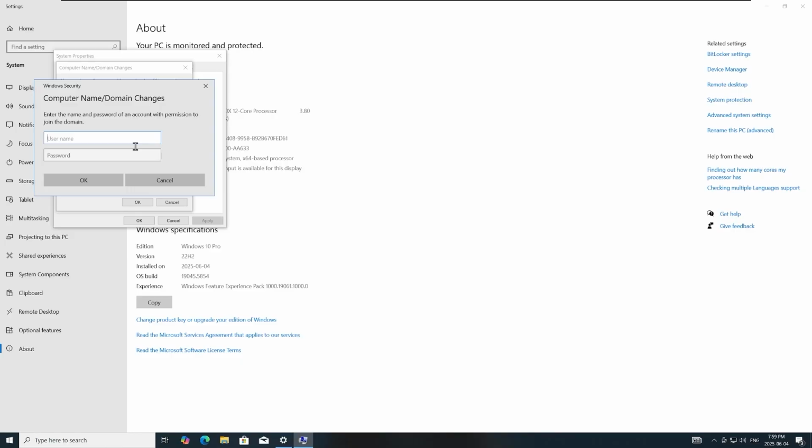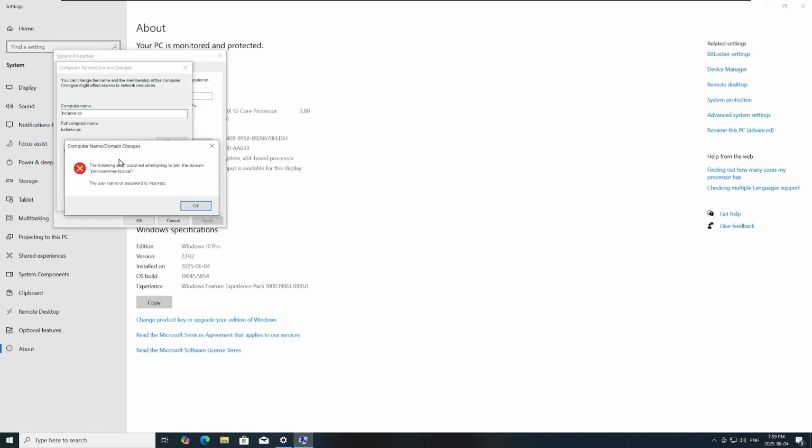Now when I log into this PC, I use bclark with a password. Now bclark exists on this machine specifically, so it has admin privileges only on this laptop. But if I try to use that here, I'll enter the credential and I will click OK. I will get the message that the username and password is incorrect because this user account does not exist on the domain. So back in Active Directory, where we created our two users, prbadmin and bclark,